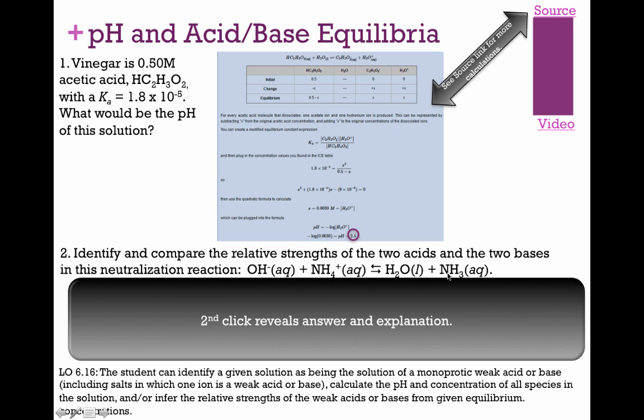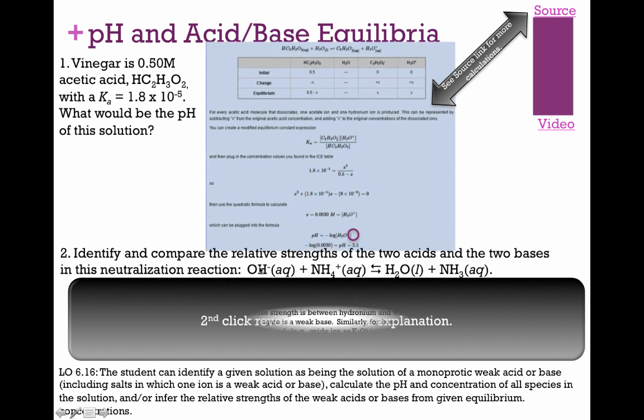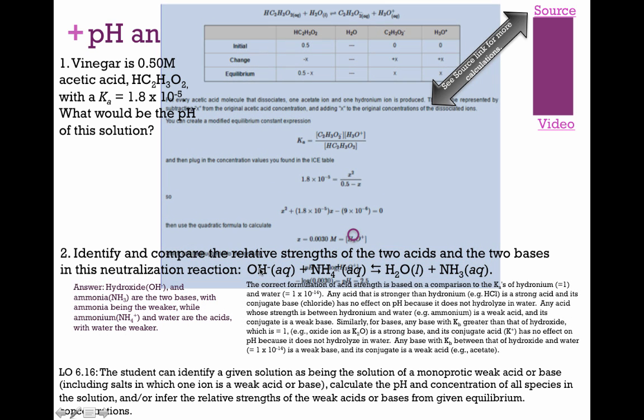NH4+ and H2O are the acids. And remember that your reaction will proceed where your stronger base accepts the proton. If these are my reactants, because they're on the left, OH- is going to be my stronger base. And if this is my stronger base and this is my weaker base, that means that you always have an acid-base pair. If this is a stronger base, this is the